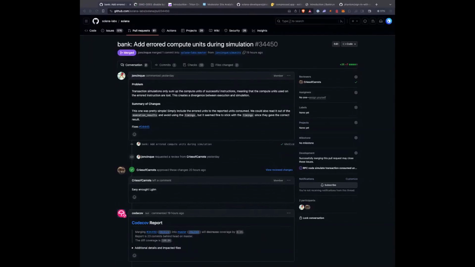So first off, we're going to jump into commits. One of the commits that we saw this week was a change to the bank. This is so that whenever you do transaction simulation, you can see the compute unit usage on errored instructions. Previously, if you were to do a transaction simulation, you would get a whole bunch of information on your compute unit usage on your transaction, but not for errored instructions. So this is some additional improvements to the developer experience that we'll see at some point once it gets live